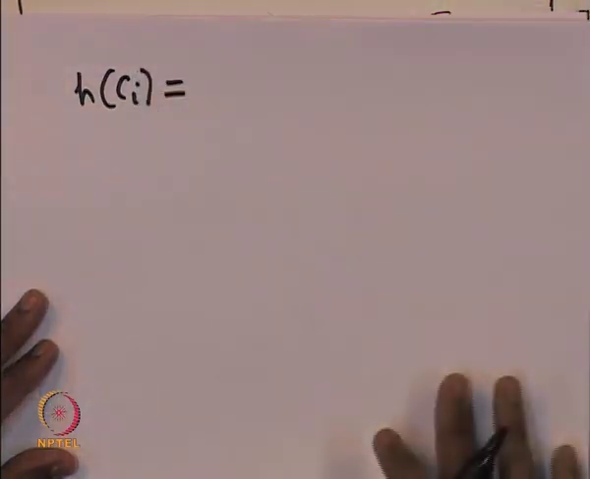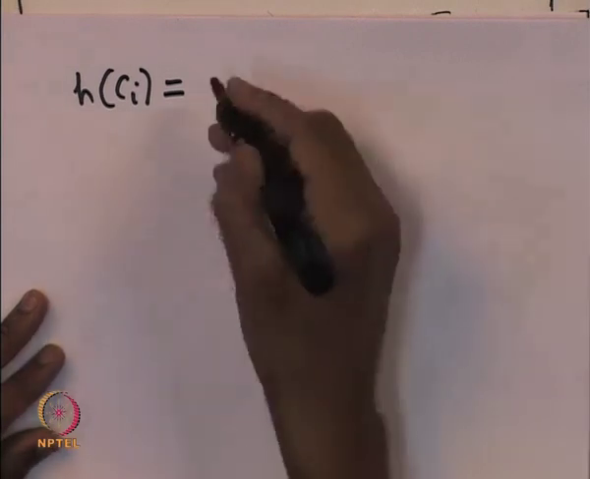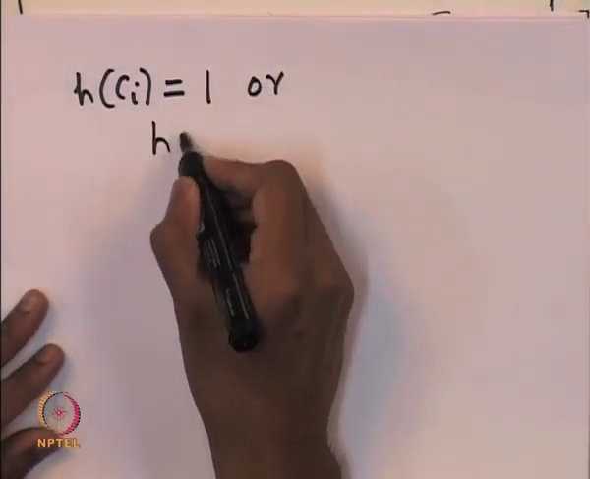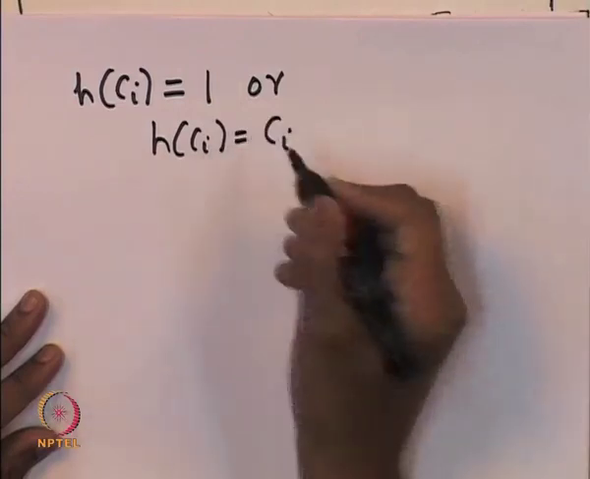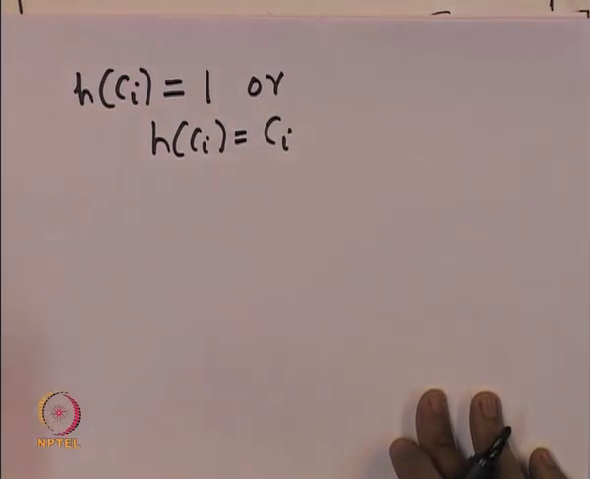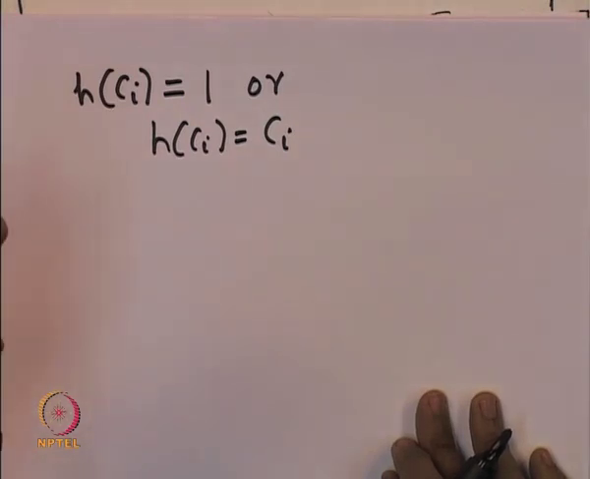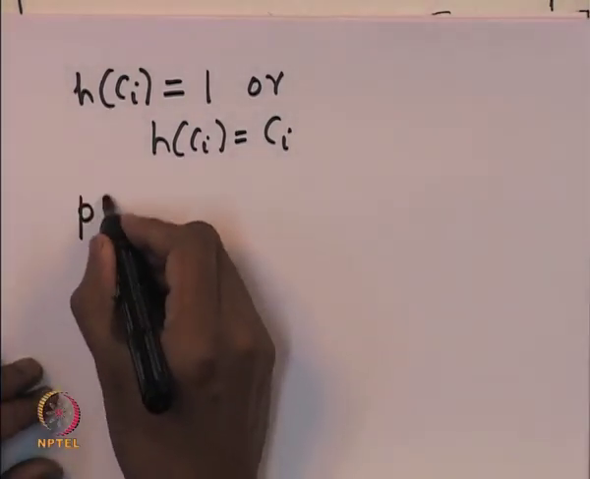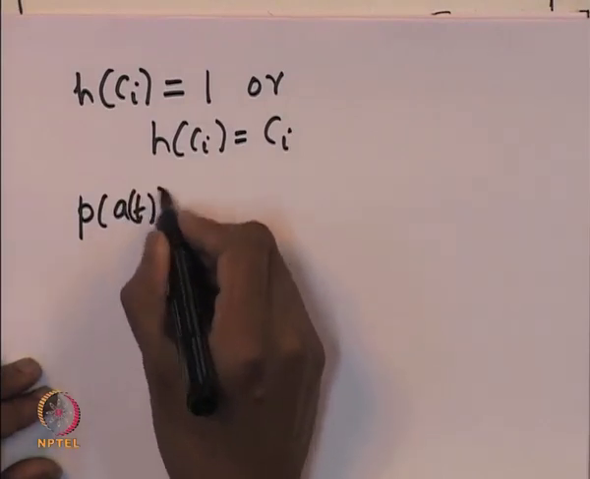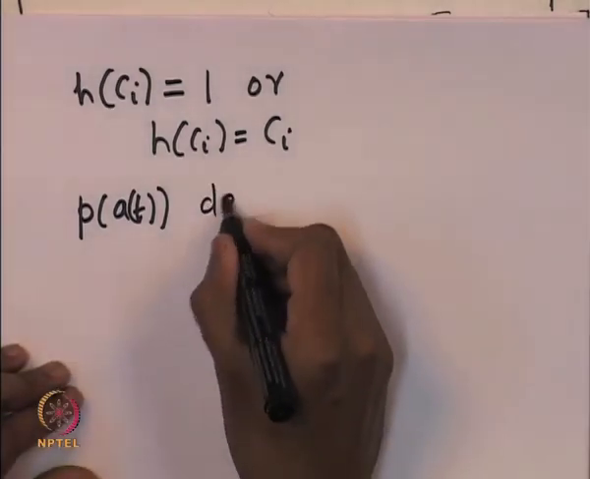So, for the purpose of this course, we will assume that H of C i, which is basically the dependence of the concentration on the decay rate law, is 1 or at most H of C i equal to C i. That is, it either does not depend upon the concentration of the species, or we will assume that it depends at most linearly on the concentration of the species. And also we will assume that this function P, which takes the functional form of the activity of the catalyst, depends on